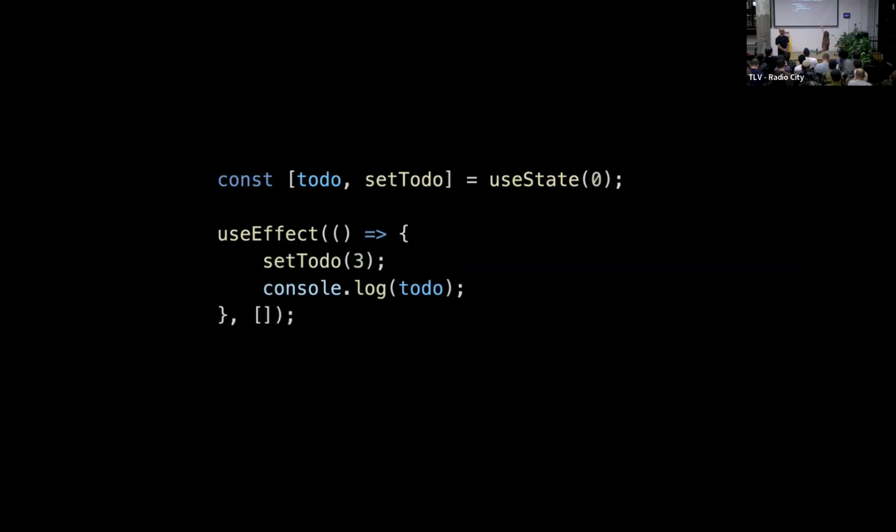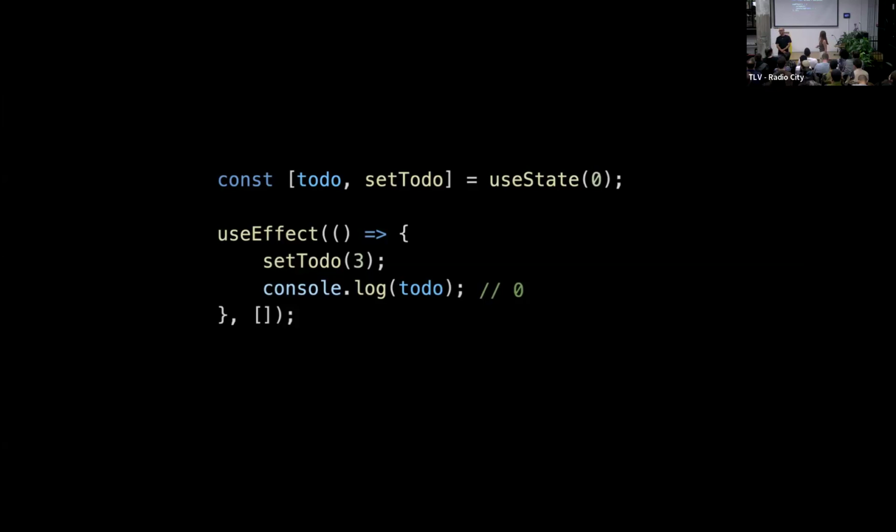We have this simple React snippet. We have this todo state that's initialized to be 0. We have this useEffect where we call setTodo with 3, and then we console log todo. What would this console log be? You wanted to say 3, I know it. So yeah, it's 0. Now, React developers, React lovers, all of us like to say that this is a bug, but this is actually a feature